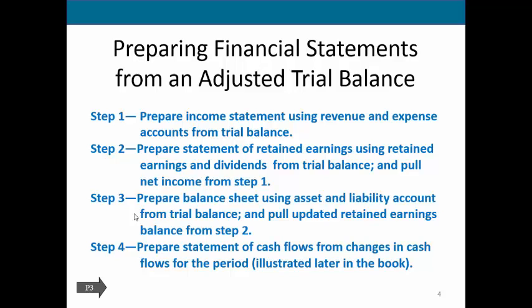So your equity accounts are your common stock and your retained earnings. The difference there is because retained earnings is going to include all the information from the statement of retained earnings. An adjusted trial balance, rather than having an updated retained earnings, meaning updated for the current year, includes all of your specific accounts that go into or roll up into retained earnings,